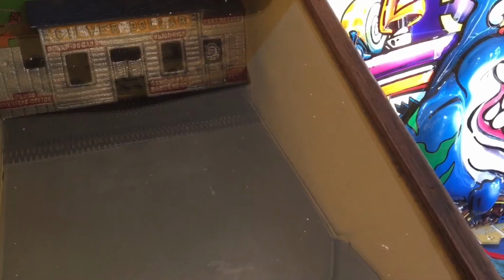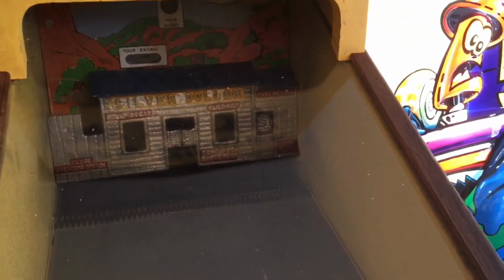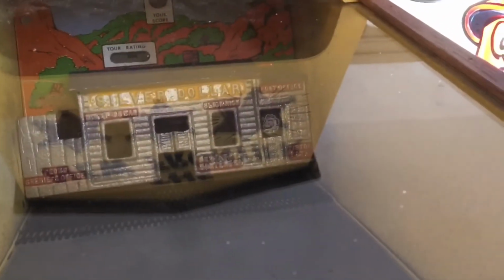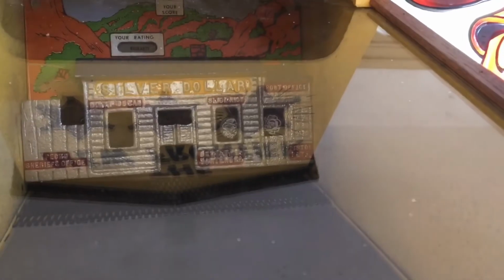That gun, whatever's in that gun, that spring is tight. Really, really tight. And it worked beautifully. And you shoot these little metal balls, and they hit the targets. The whole thing is made of metal, at least the inside of it. And the targets you hit are all metal. And when it hits, it's a target. It's a gallery shooter. It's an old school, fully working gallery shooter I found in this